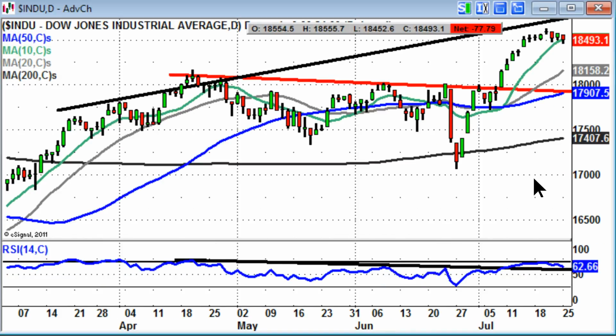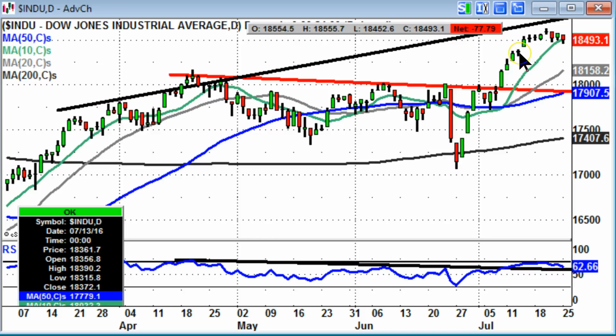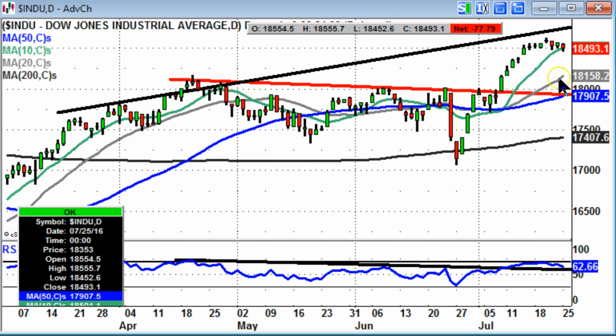Onto the US markets, and slightly tired again on the Dow front, just around the 18,500 level and the 10-day moving average. There is some notional support just below, at the bottom of this gap, rather, 18,390, and while we're above that on an end of day close basis, still looking for 18,800, which is this